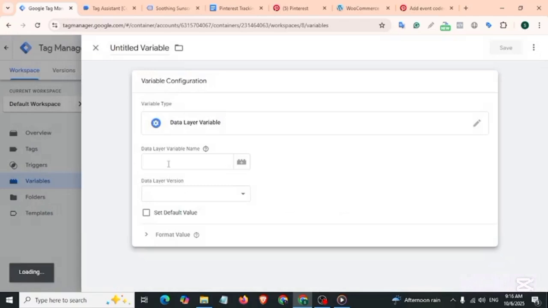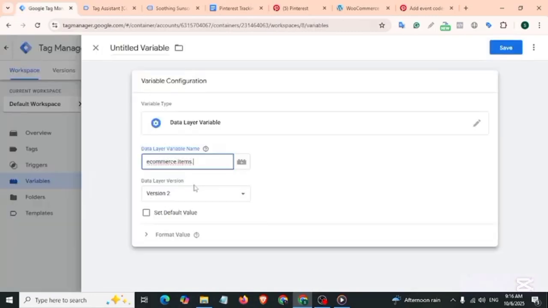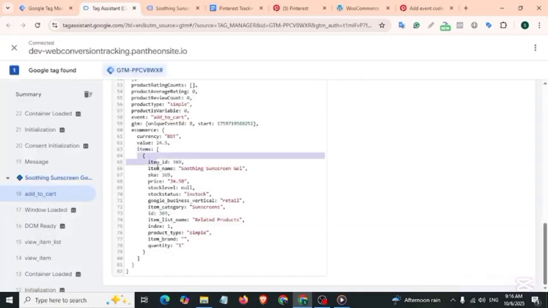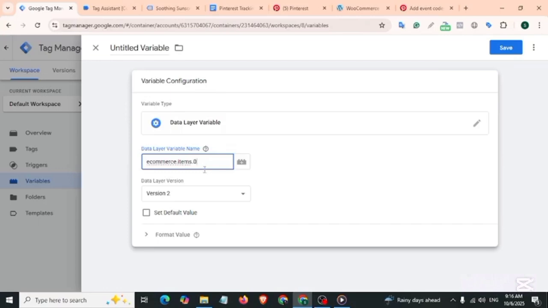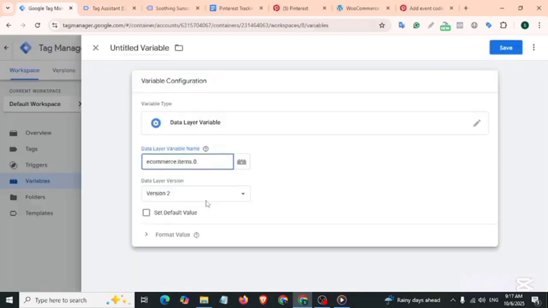data layer variable. Back to Tag Assistant. This quantity is under the ecommerce object, so let's copy ecommerce, then under the ecommerce object there is the items array, so let's copy items and paste here, then a dot. This items array uses index number 0, that's why we type 0 here, then a dot. Use dot to get access to this array, then copy quantity as it is, then paste here, name the variable,